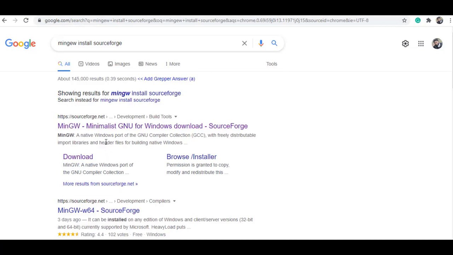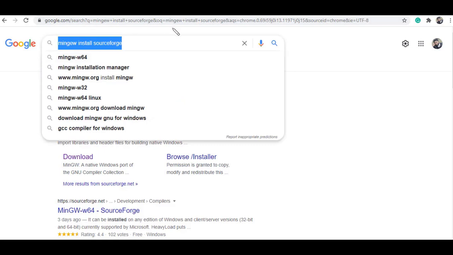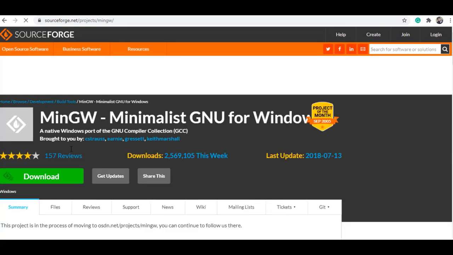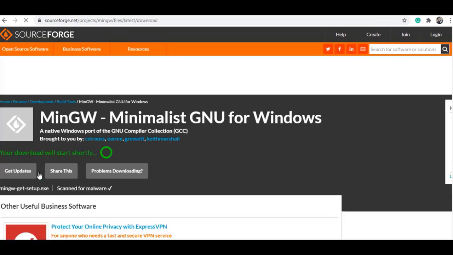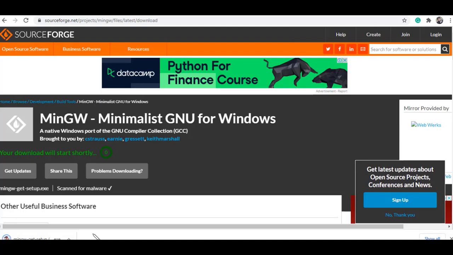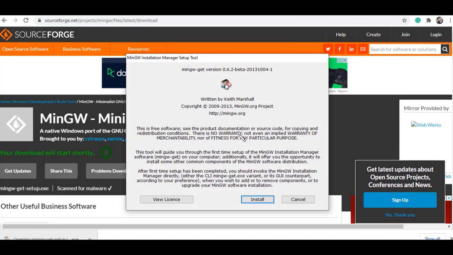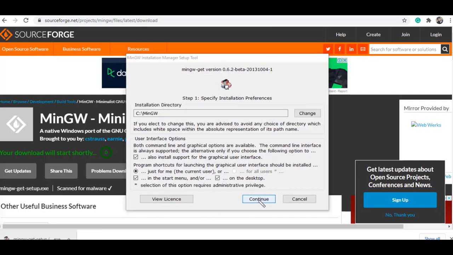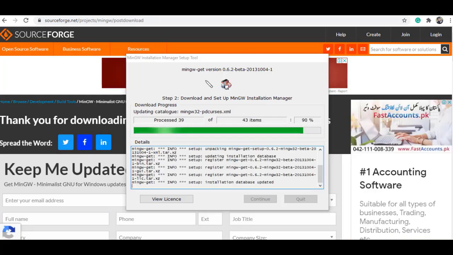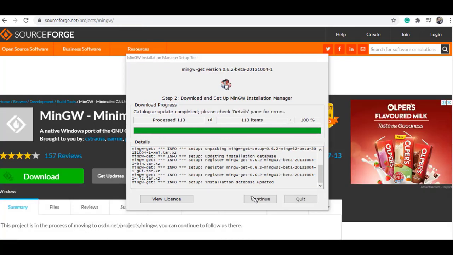Now search for MinGW installer SourceForge. Click on the first link. So click on this and click on the download. This will download our compiler. Once the download completes, click on the downloaded file, click on install. Then click on continue,